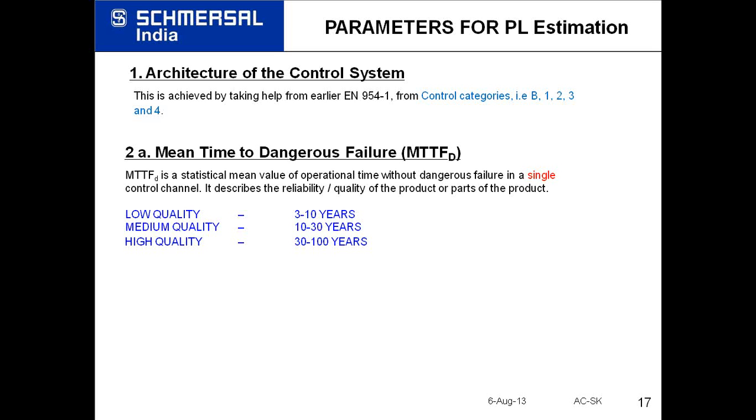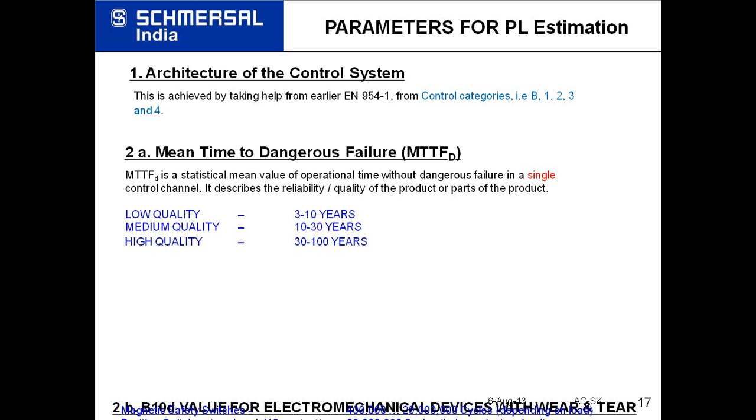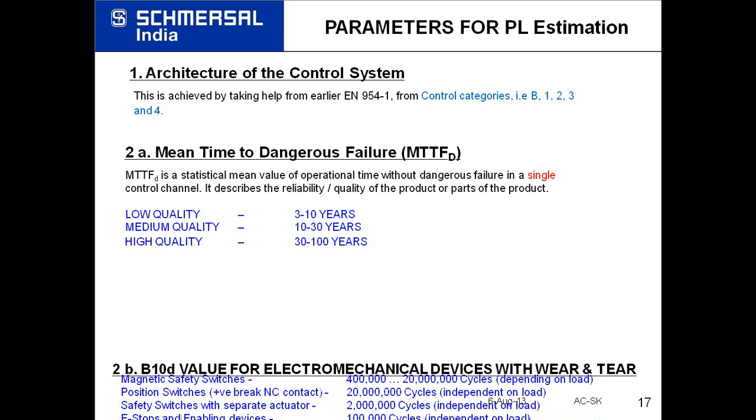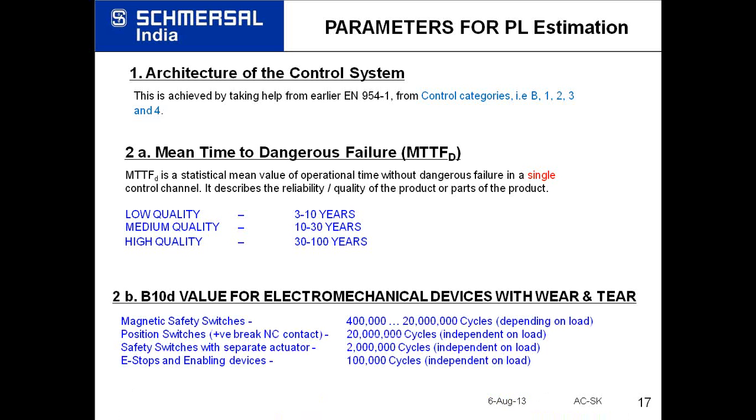This is something to do with, you can say, what is the probable time for dangerous failure in that product. Okay. So this is nothing to do with the particular quality of the product. Okay. Sometimes instead of MTTFD, we are given the B10D value, which is more related to